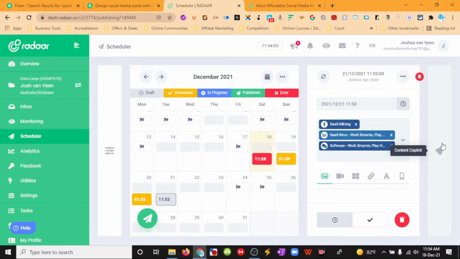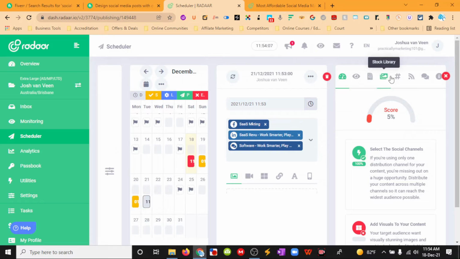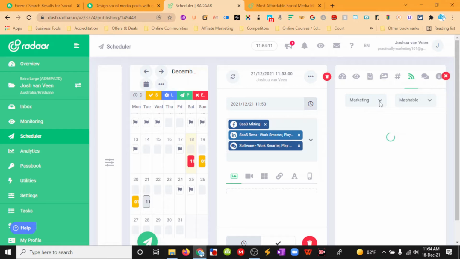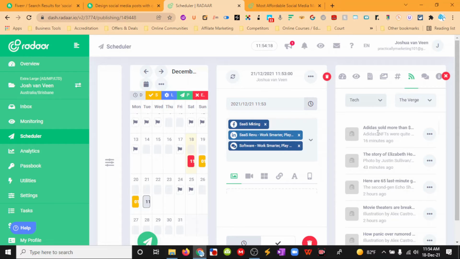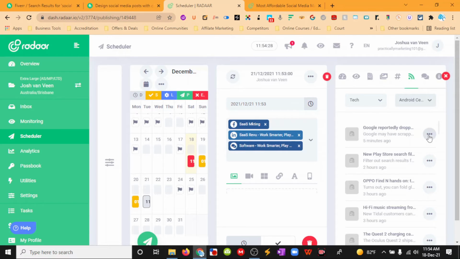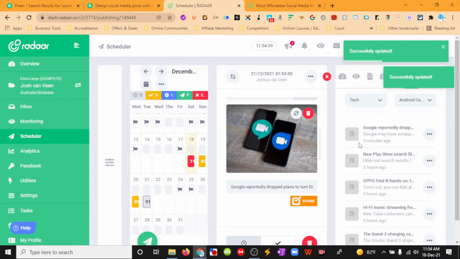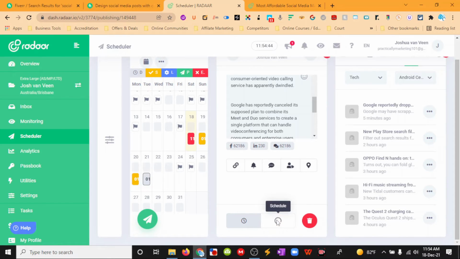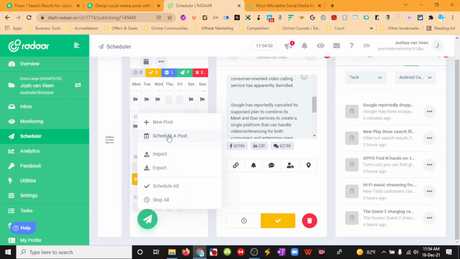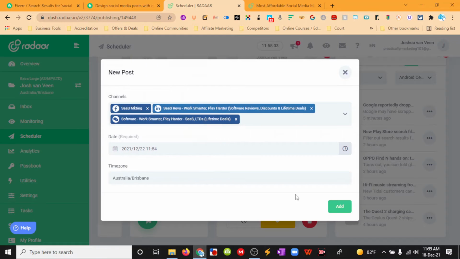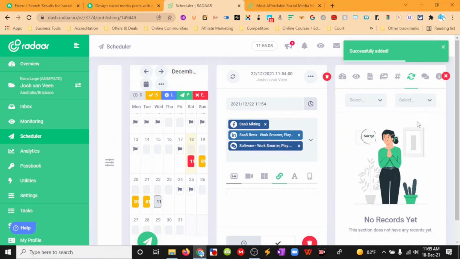Click on our content co-pilot here, and we can then go to RSS feeds. We can look into different feeds that are here. We can then look at different blogs that they have, and we can then go copy to replace the link. So then it has that in there, and we can schedule. Done. So next one, create a post, put your channels in, set your time, add it in, go to